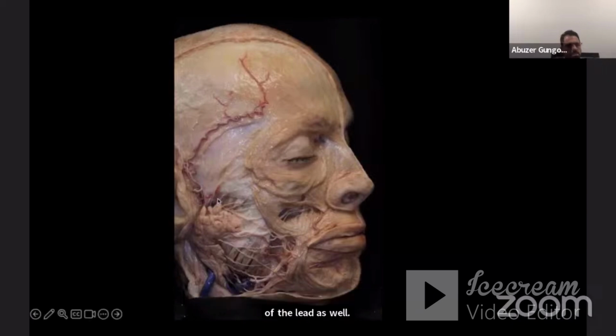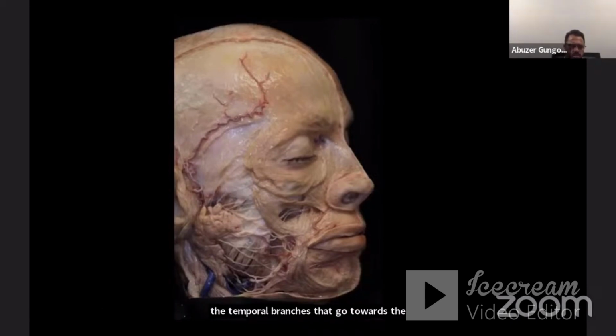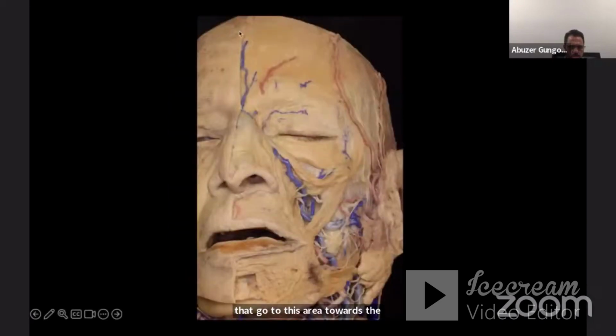And then we can see all the innervation through the little branches of the facial nerve. The temporal branches that go towards the frontal belly of the fronto-occipitalis muscle, then the zygomatic branches that go to this area towards the orbicularis oris. This is a frontal view of this anatomy where we can see the orbicularis oculi and oris, zygomaticus major, minor,